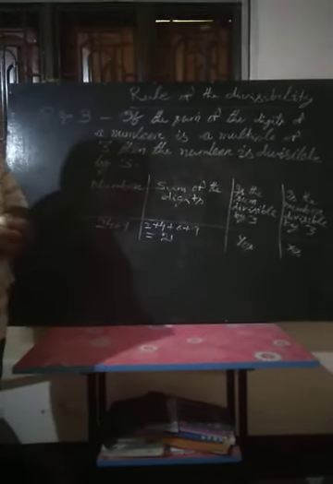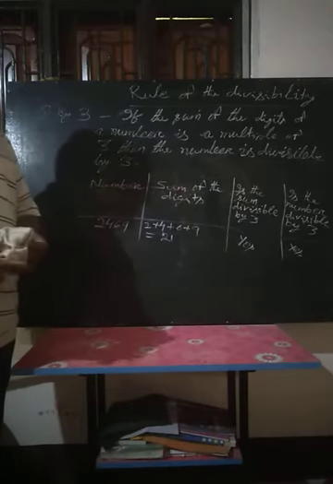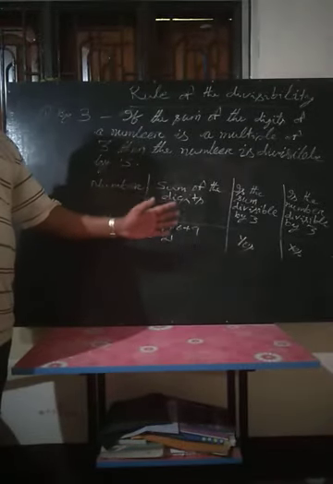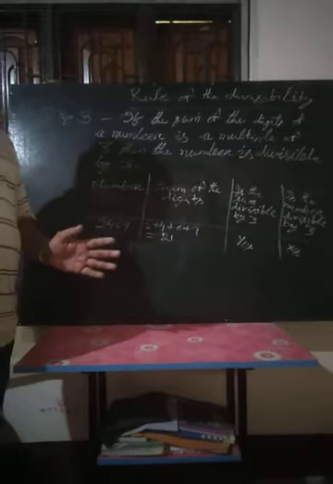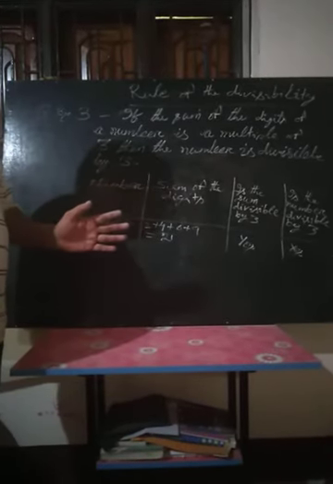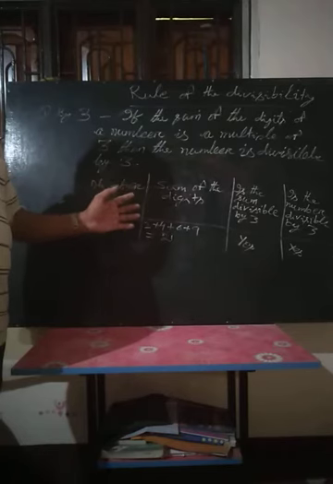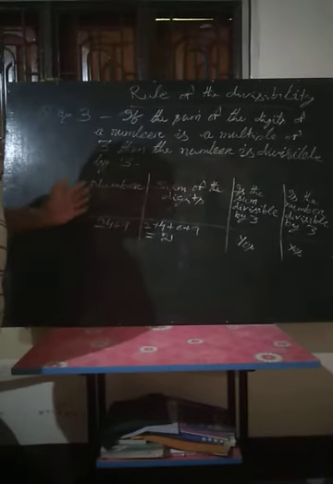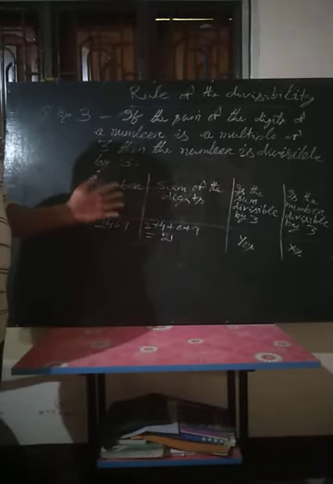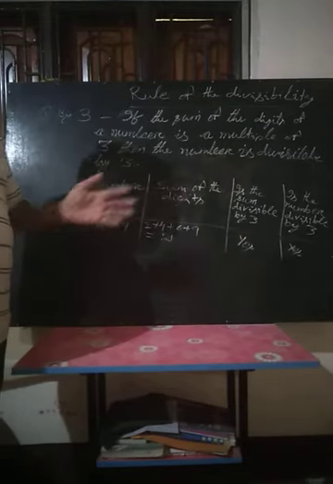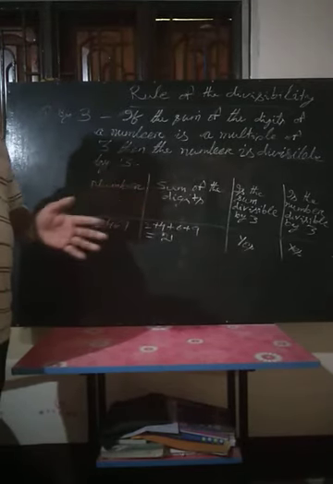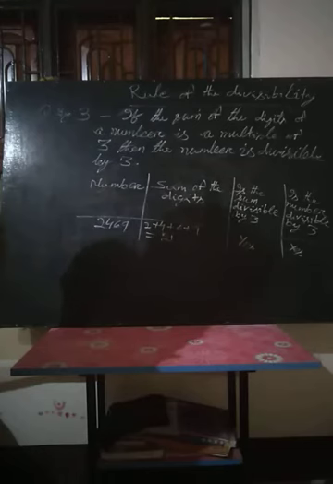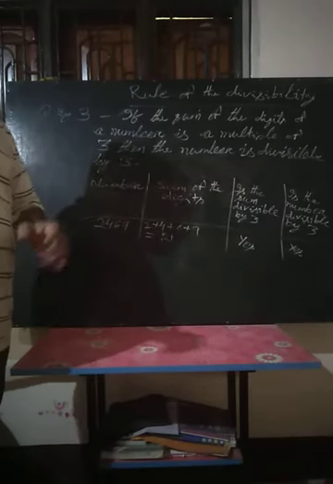So in this way, if there are so many numbers, you can test them in the table method. In this table method you can do it easily, and within a few minutes you can test many numbers. But if one by one you write down the given number is dash, the sum of the digits, the sum is divisible by or not divisible by, so the number is divisible by or not divisible by, for every one you will have to write down the statement, and it will take a long time. That's why the table method can be applicable for many numbers.